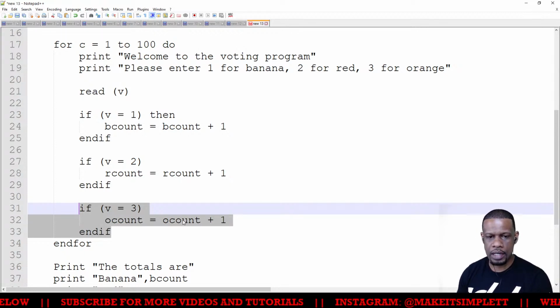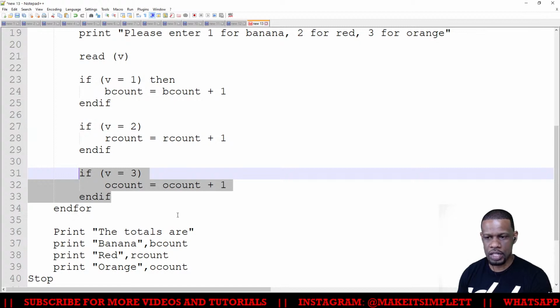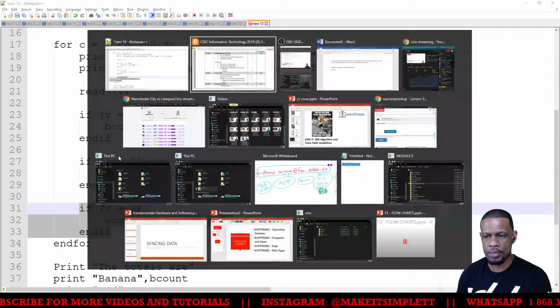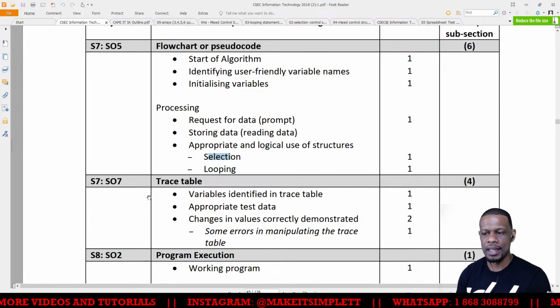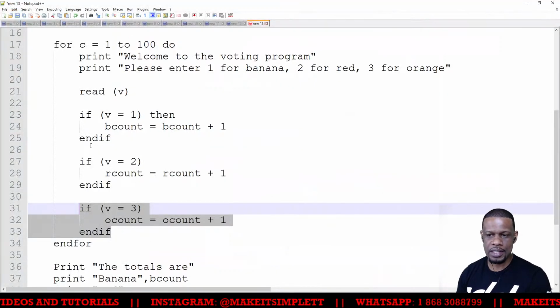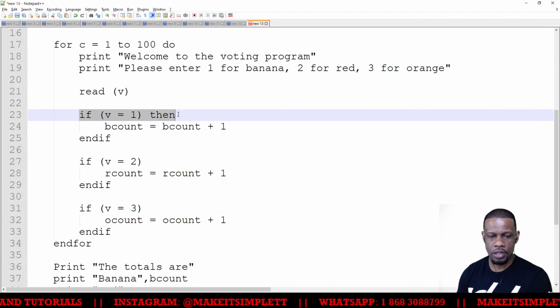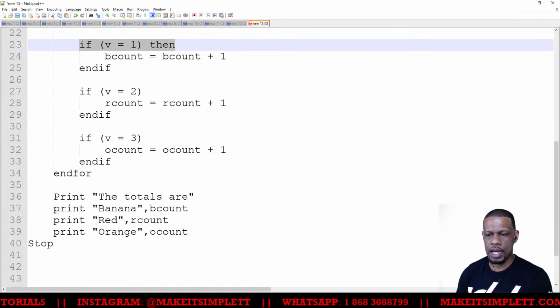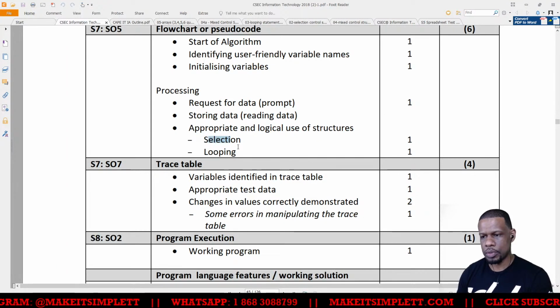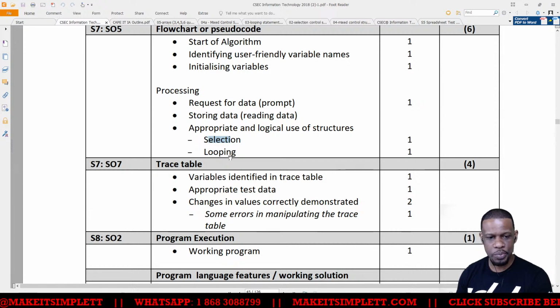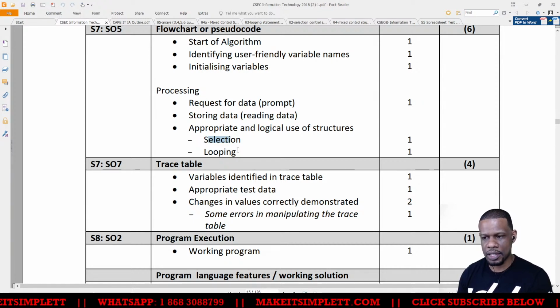You could do that, and I'm positive that you'll get the marks, because what the syllabus is looking for is selection. It didn't say that the selection must be if else. It just said that you have to select. That's the test. And then printing out at the end. Does it have any marks for printing out things at the end? No, there's no mark for printing out things at the end. But I mean, you should print things out at the end. It would kind of make sense for you to do that.